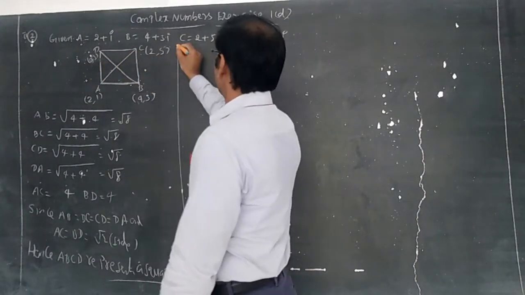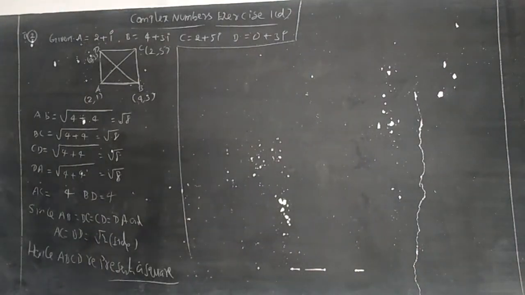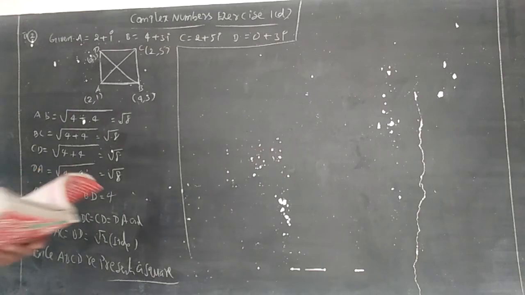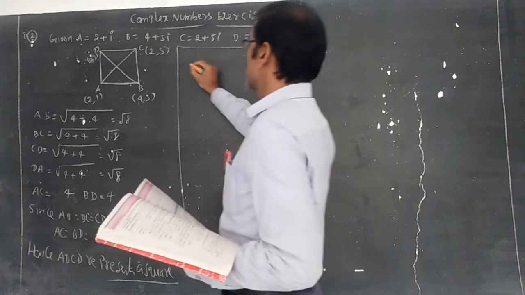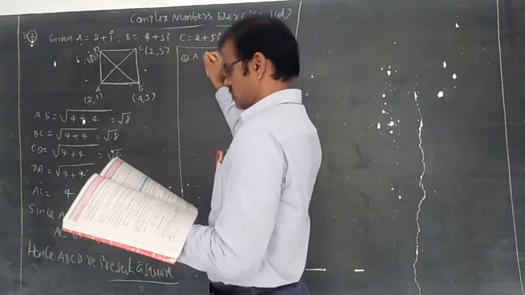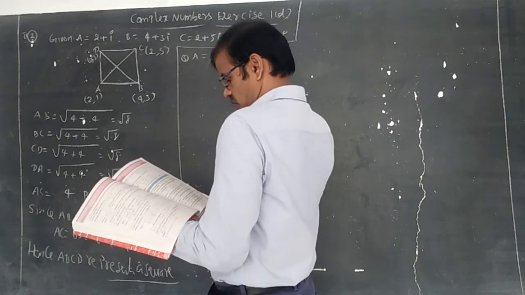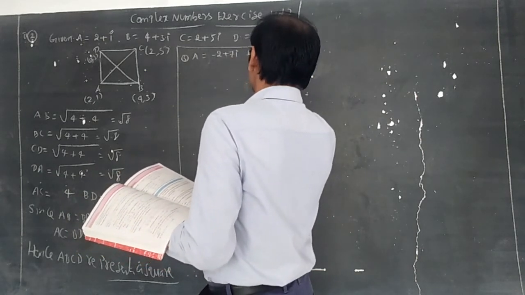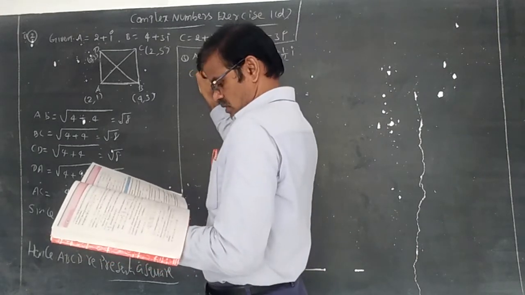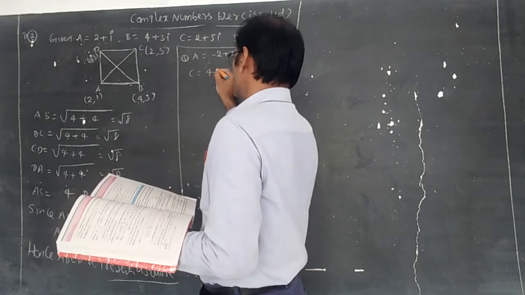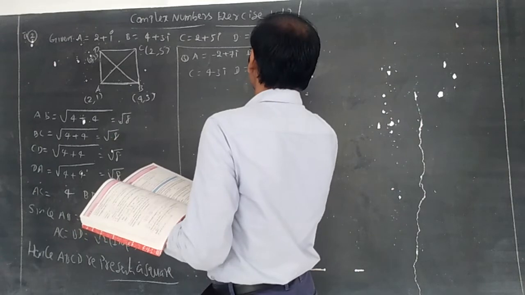That's all. Roman number 2, second question completed. Let us discuss Roman number 2, third question. Show that the points in the Argand plane represented by the complex numbers. Let us write A is equal to minus 2 plus 7i and B is equal to minus 3 by 2 plus 1 by 2 i. C is equal to 4 minus 3i and D is equal to 7 by 2 into (1 plus i).